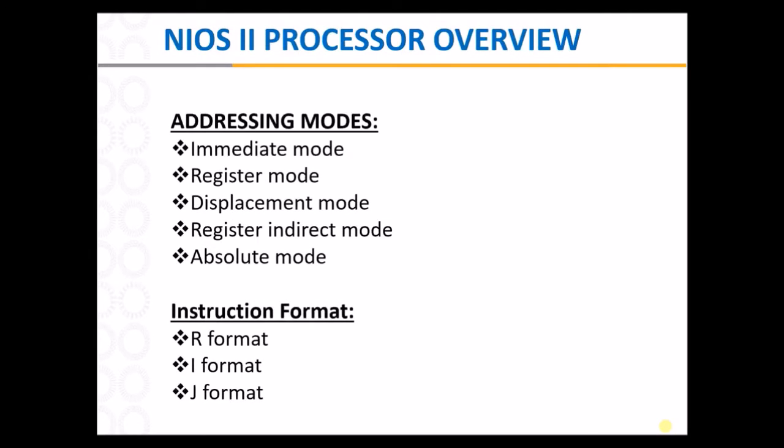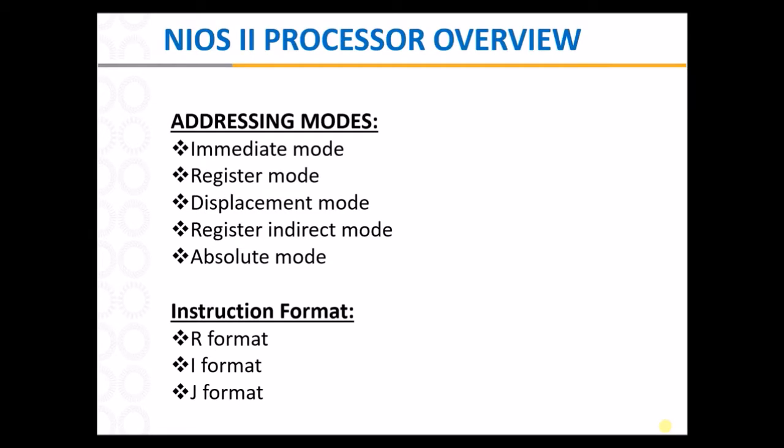NIOS II processor overview. The NIOS II processor issues a 32-bit address. There are 5 addressing modes: immediate mode, register mode, displacement mode, register indirect mode, and absolute mode. The 16-bit operand is given explicitly in the instruction in immediate mode. The effective address of the operand is the sum of the contents of the register and a signed 16-bit displacement value in the displacement mode. The register indirect mode is equivalent to the displacement mode, where the displacement value is equal to 0. The absolute mode is used to specify the 16-bit absolute address of an operand